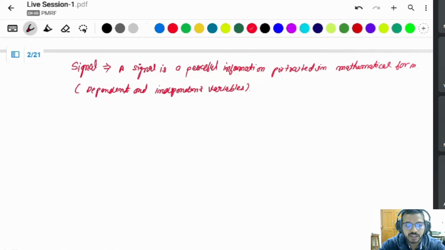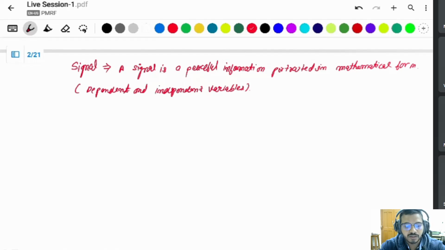Then this signal is known as a deterministic signal. If a signal cannot be expressed in terms of mathematics or in any other way, then you cannot say what the exact value of the signal is. That signal is known as a random signal or stochastic signal,